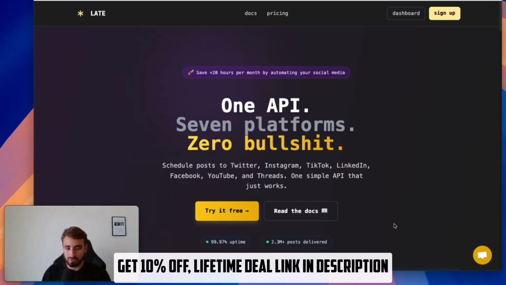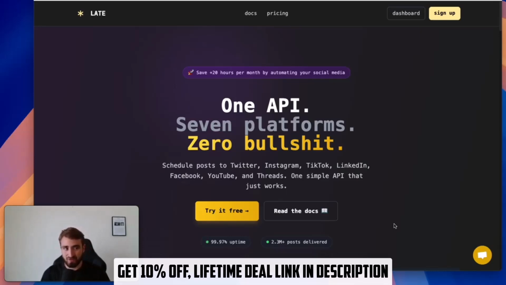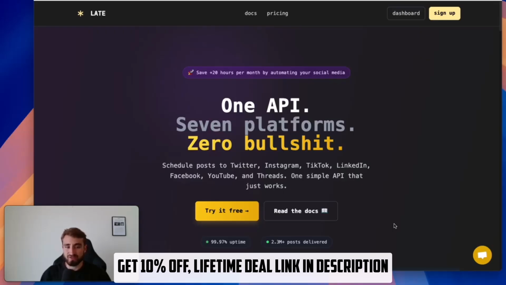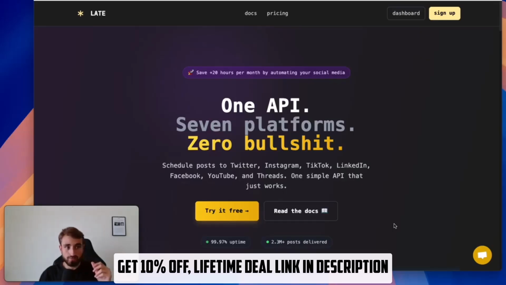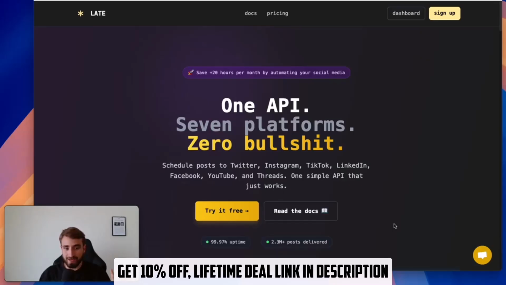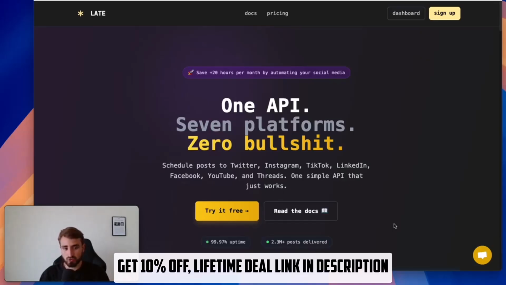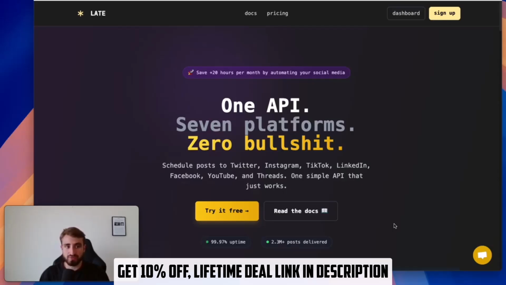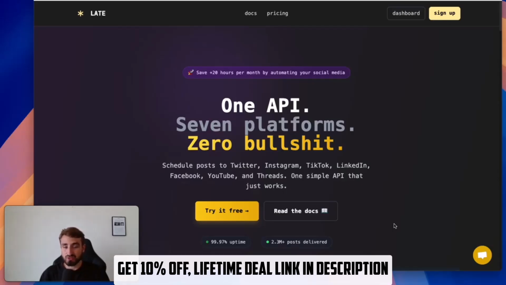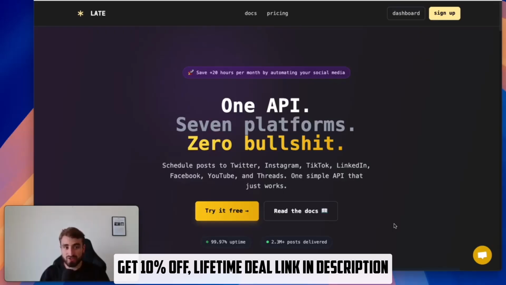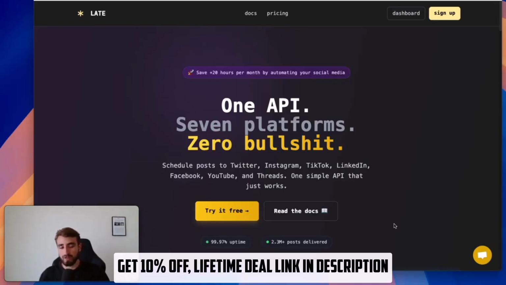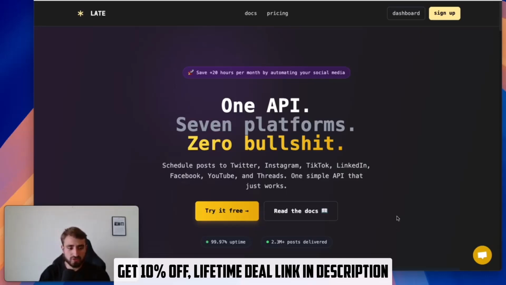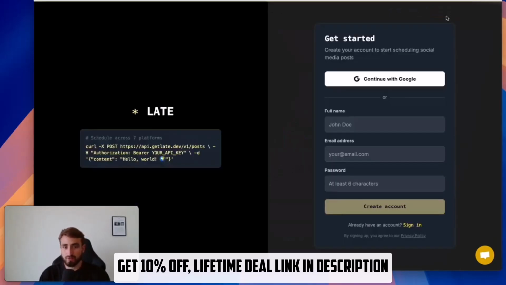to connect all these platforms and save all this time without having to manually create and craft posts on different social media accounts, and also with just one API, which will allow us to quickly post to these different social media accounts without having to either use the official APIs, which are a waste of time, or manually doing that. Okay, so the first step will be to create a test account, and we're going to do that